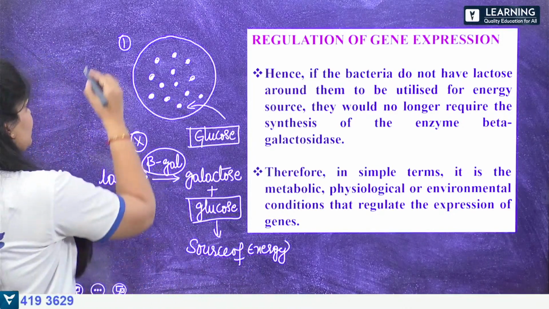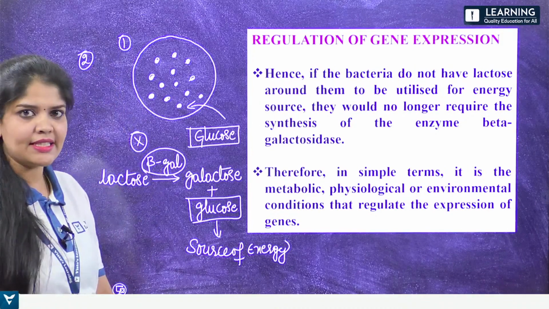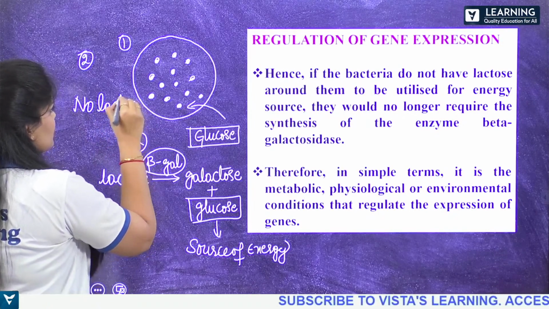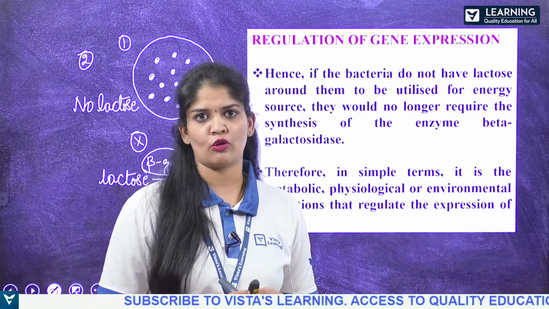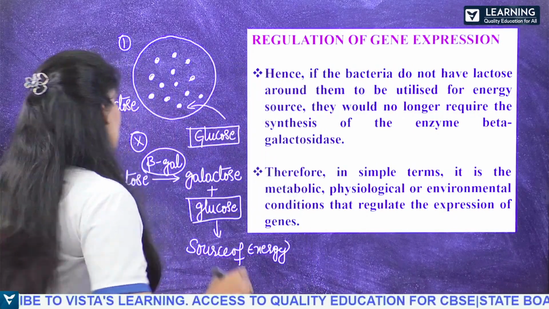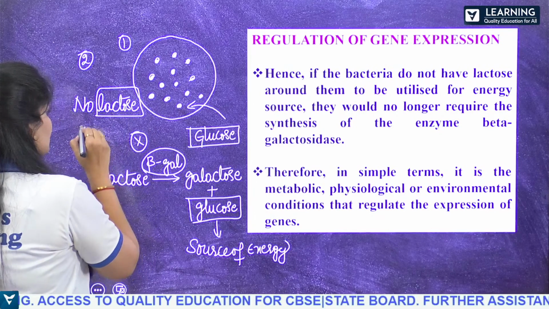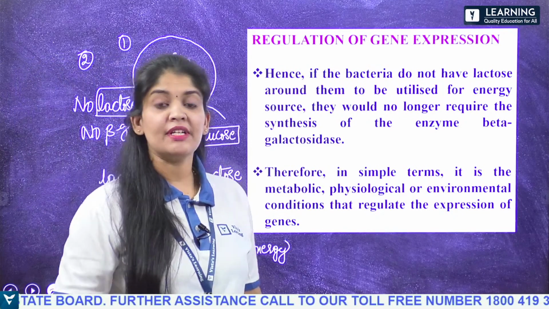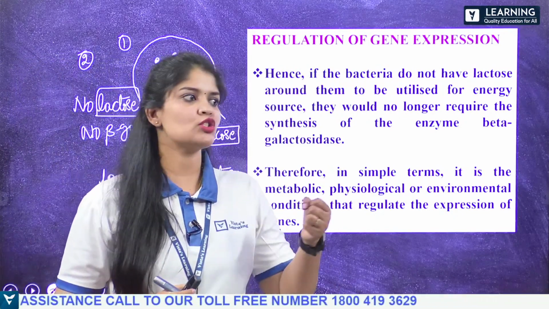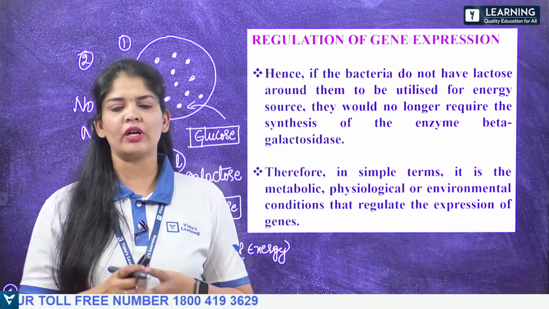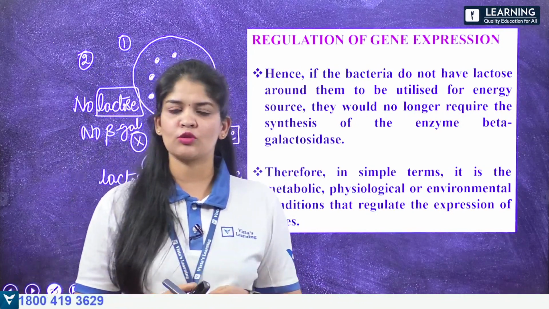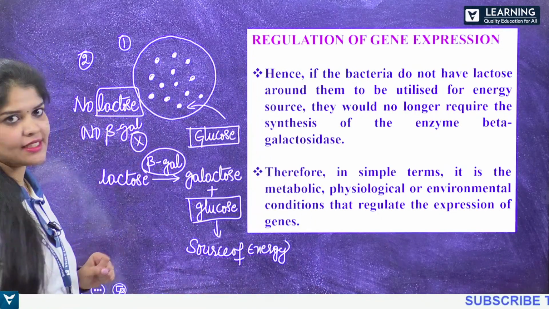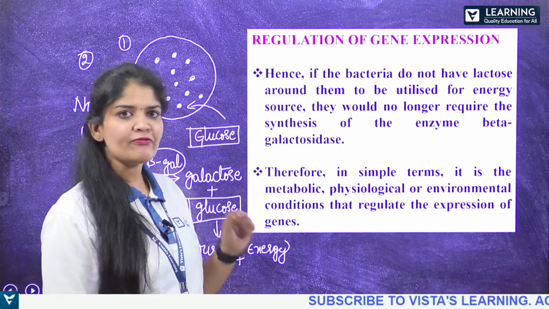So in the second example, let's take that no lactose is available for the bacteria. There is no lactose at all. In that case also, if no lactose is available, there is no need for the beta galactosidase. Beta galactosidase functions on the lactose. If there is no lactose, there is no requirement for the beta galactosidase enzyme. In that case also, we can regulate, it can stop the expression of the gene which codes for the beta galactosidase, right? Hence, if the bacteria